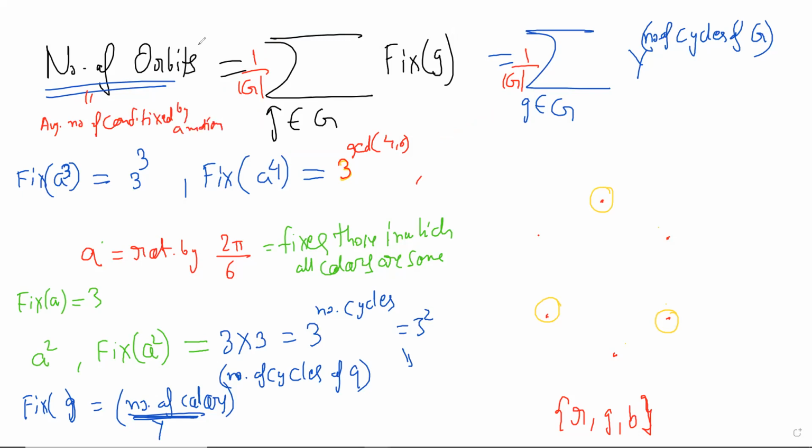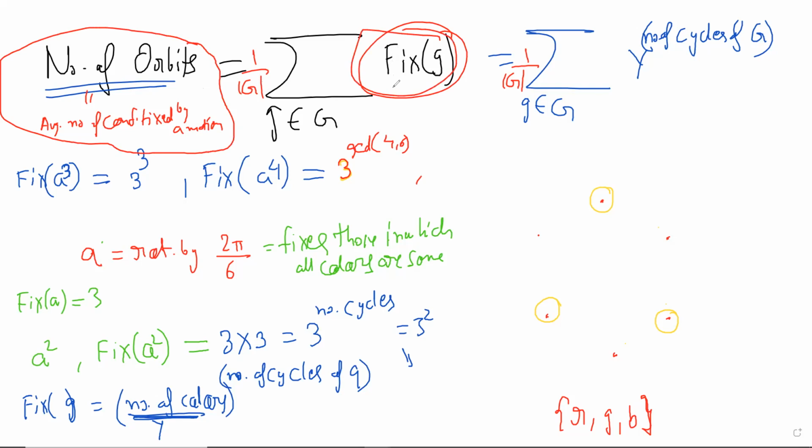That is a number. In a very sweet way, this can be written as the answer, isn't it? Because we are taking all the fixed things that are fixed by a configuration, adding them, and then dividing by g. This is the marks that every motion gets, fix of g, right? And then we are dividing by the total size of the set. This is the average. It's the average fixed point of everything, and that is the number of orbits.